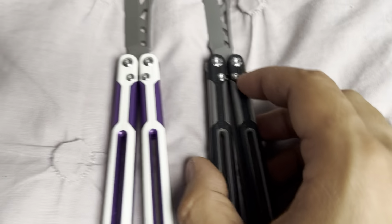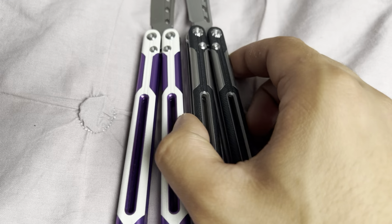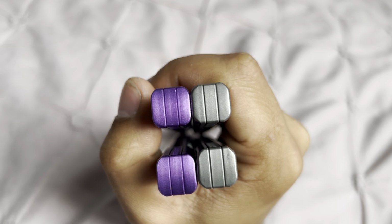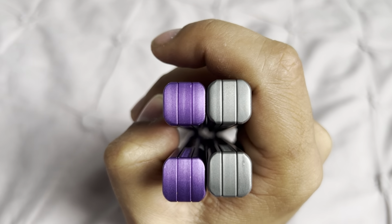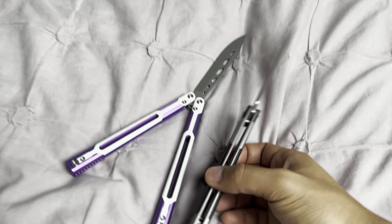And now onto this versus the real Cygnus. I'm gonna just say it. This thing is practically 1-to-1 dimensions wise, at least for the handles. Okay, let's take a look at the bottom of these knives, right? I don't know about you, but that looks next to identical to me. This is a little rounder, this is a little more square, but in terms of actual dimensions,